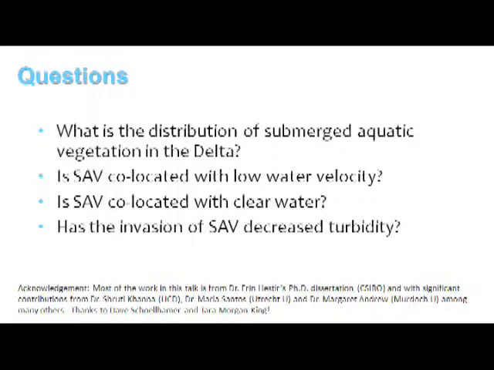What I want to talk about in my presentation is what the distribution of submerged aquatic vegetation is in the delta, and whether that distribution is co-located with the water flow velocity, and whether it's co-located with different turbidity levels. And we're also curious about whether the invasion of SAV that took place in the 1990s had affected the turbidity